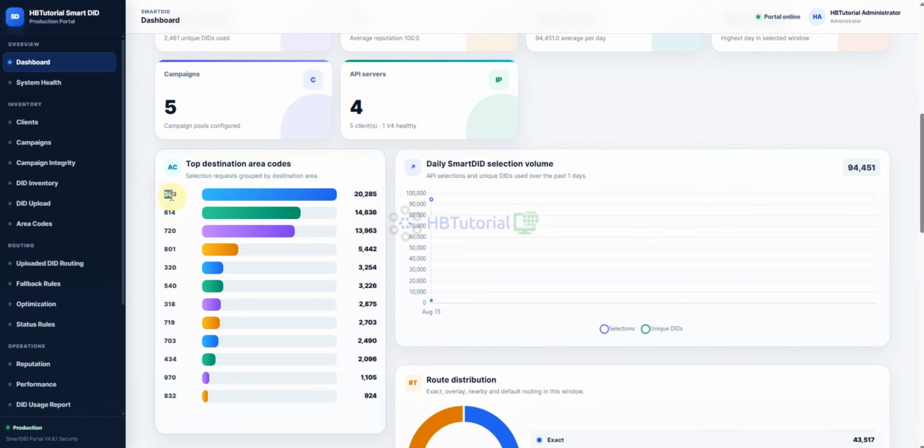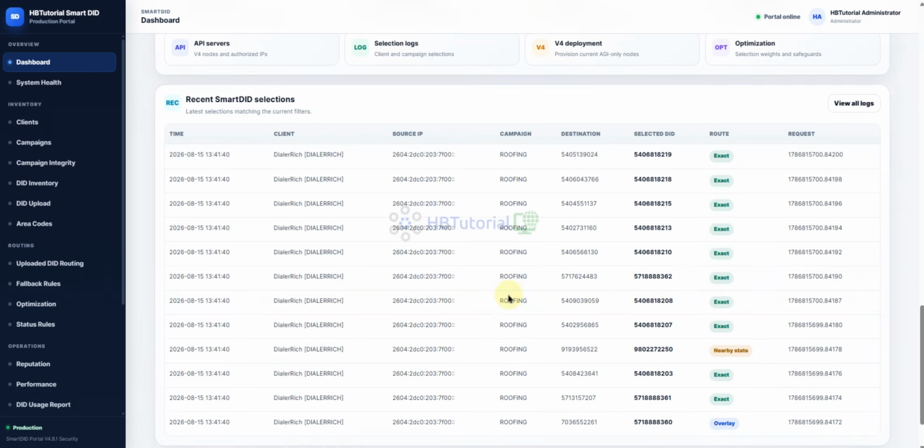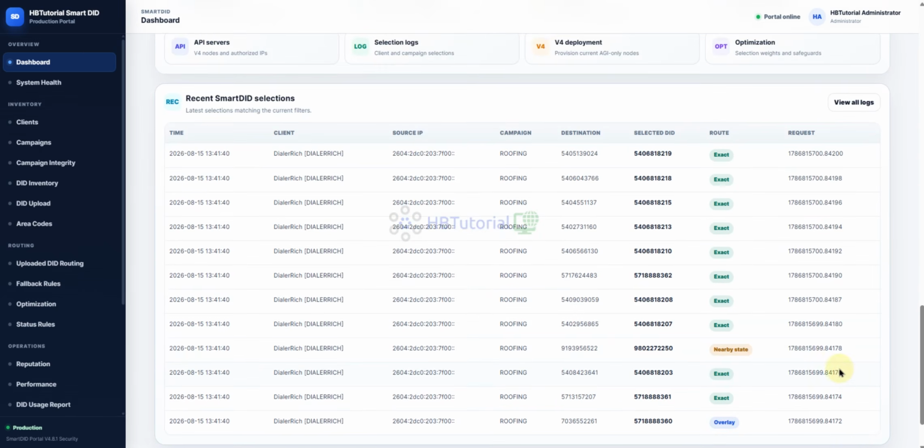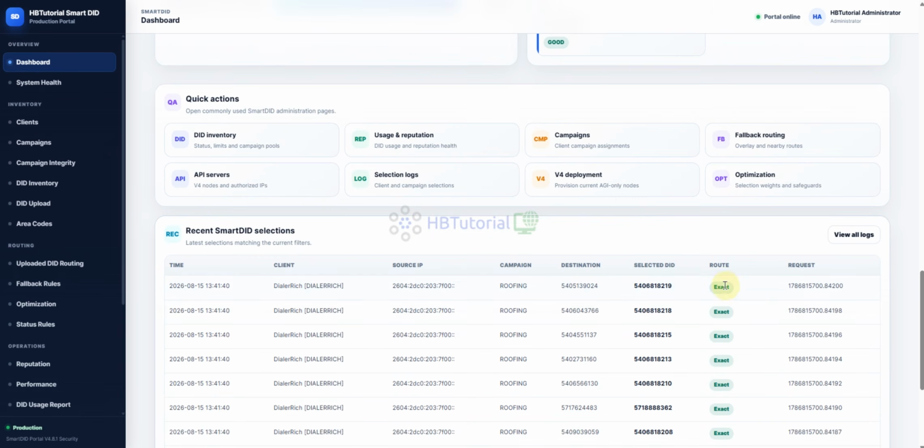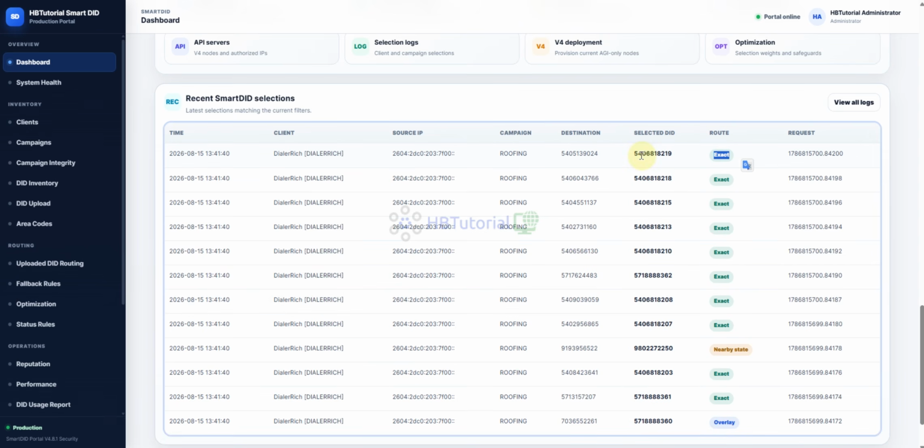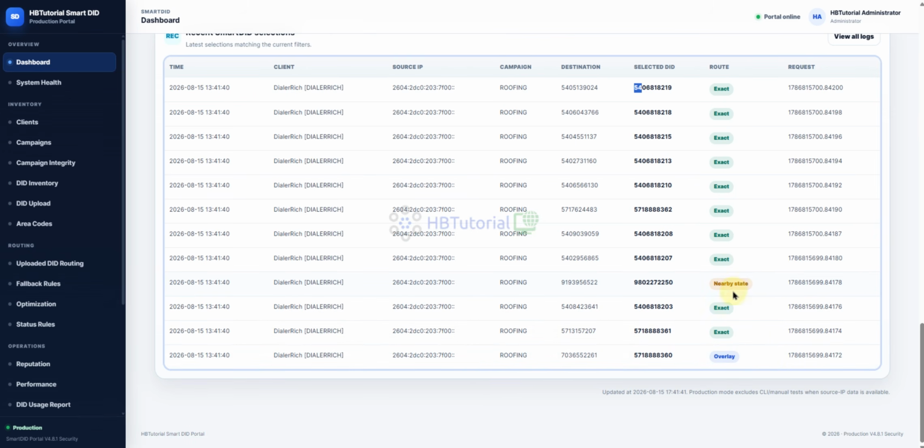It means you need a lot of DIDs for 303 area codes, and also 641. And on the logs, you will also see "exact," which means exact area code. And this one is "near state," which means beside the state.